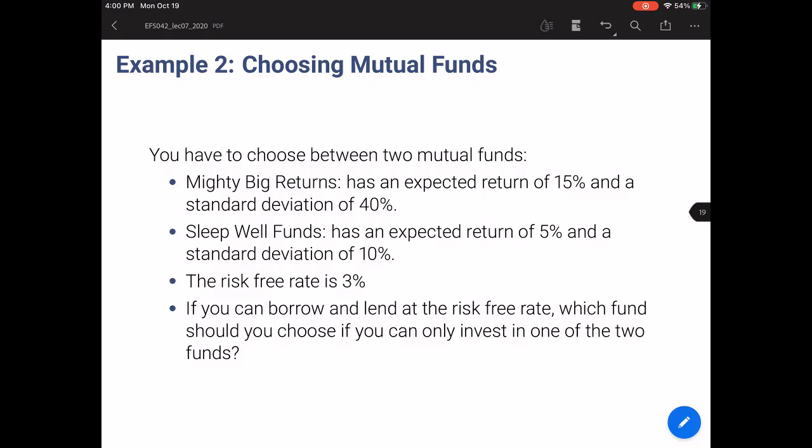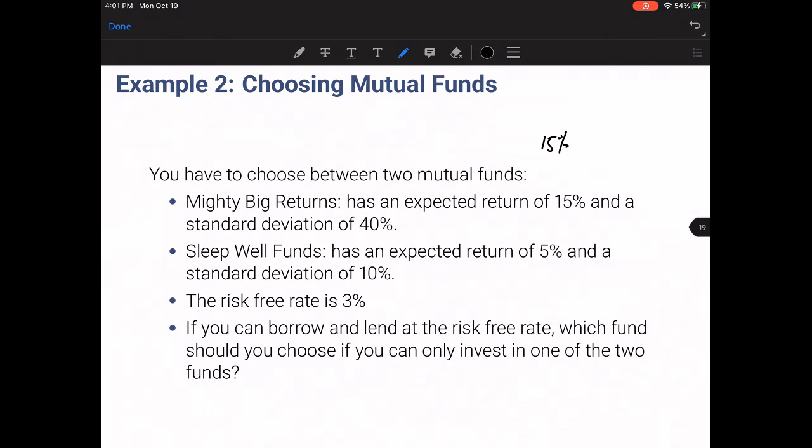The risk-free rate is 3%, and your task is to evaluate which mutual fund has better performance, or better risk efficiency. The trick here, again, is just to use the Sharpe ratio definition, because that's going to capture the optimal risk trade-off between portfolios. Okay? Remember, the tangency portfolio is the one that maximizes the Sharpe ratio, so the better the Sharpe ratio, the more efficient it is. So if you calculate the Sharpe ratio for Mighty Big Returns, you'll see it has a ratio of the following: